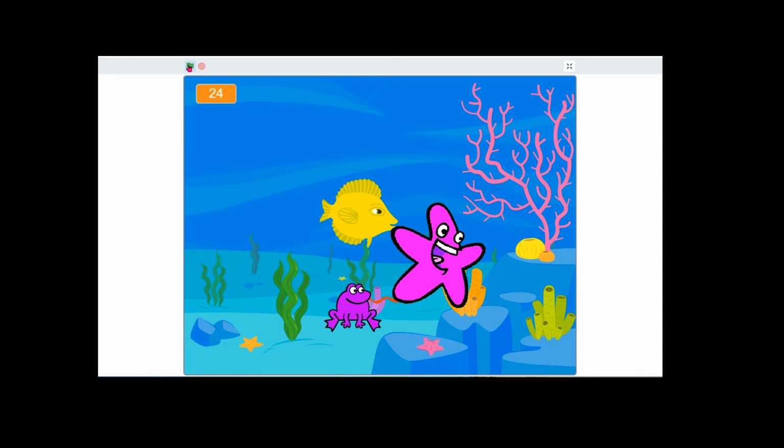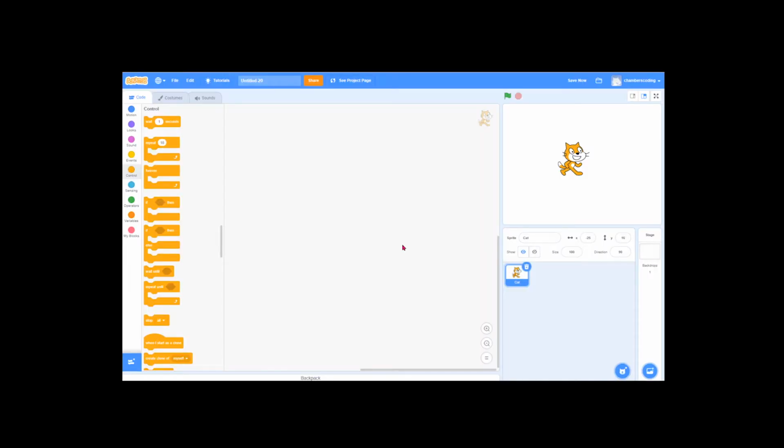Okay, let's get started making our multiplication challenge game. So let's get started to make our game. The first thing we're going to do is to choose a background, a backdrop, where our story is going to take place. So come down here to the stage, down to the bottom, choose a backdrop, and this takes you